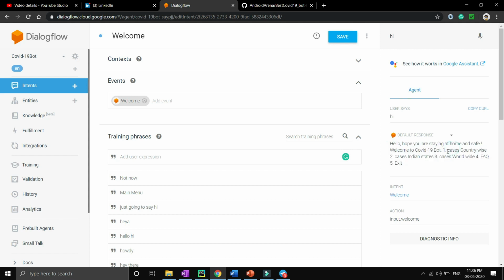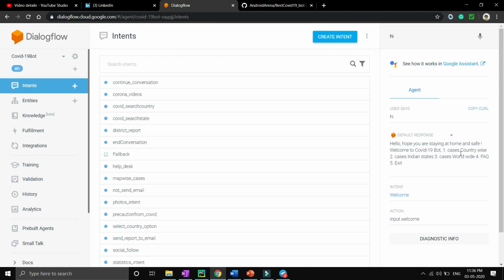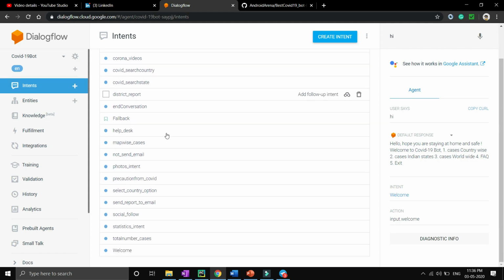Now let's assume the user has chosen the cases country wise option. There should be a provision in our Dialogflow chatbot to handle the cases country wise training phrases, so for this we have to create an intent. Let's go back to the intents option; I have handled it inside the select country option.